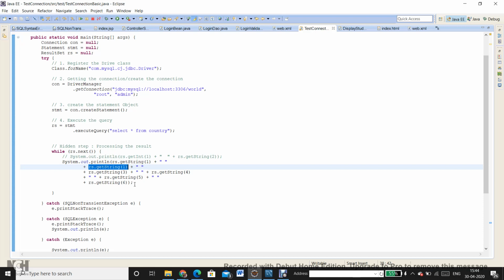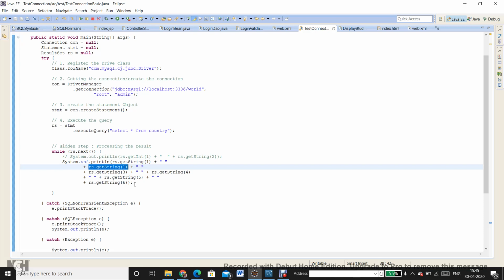One thing was demonstrated: whatever the data type, if we want to get a string out of it, even if the data type is integer in the database and we do result set dot getString, we get the result, because everything can be converted into a string. But suppose the data type is varchar, representing a string value or a variable number of characters. In that case we cannot say rs dot getInteger or getFloat or getBoolean, any other data type, because that will not be compatibly converted, so that's not possible.